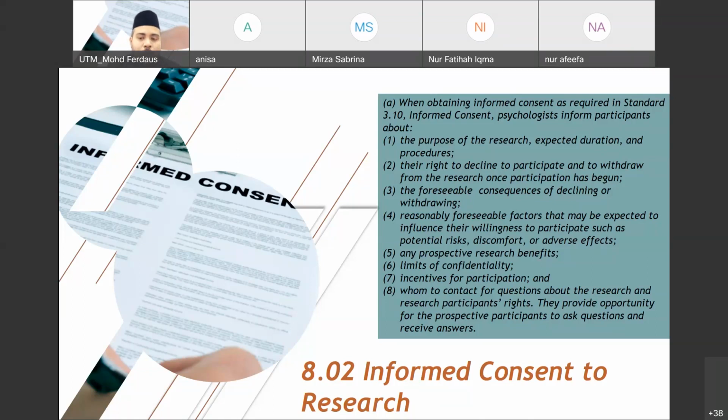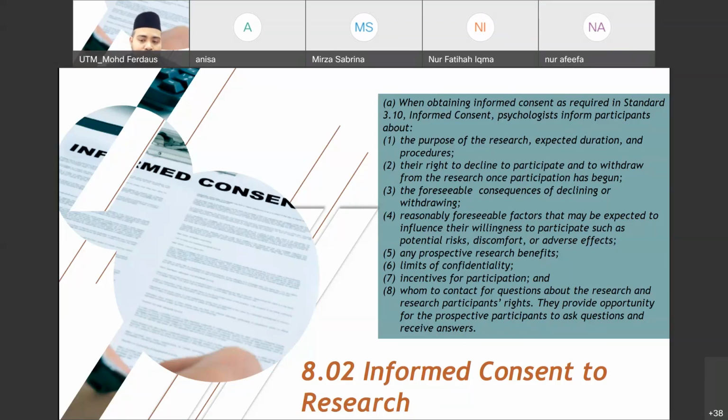Say, for example, you are doing research on marriage, and you interview both husband and wife at the same time, asking whether they have been dishonest towards their partners before. If you are asking that, you need to inform them. If you are doing interviews separately, husband separately and wife separately, you need to inform them that you are not going to tell their partners about their answers.